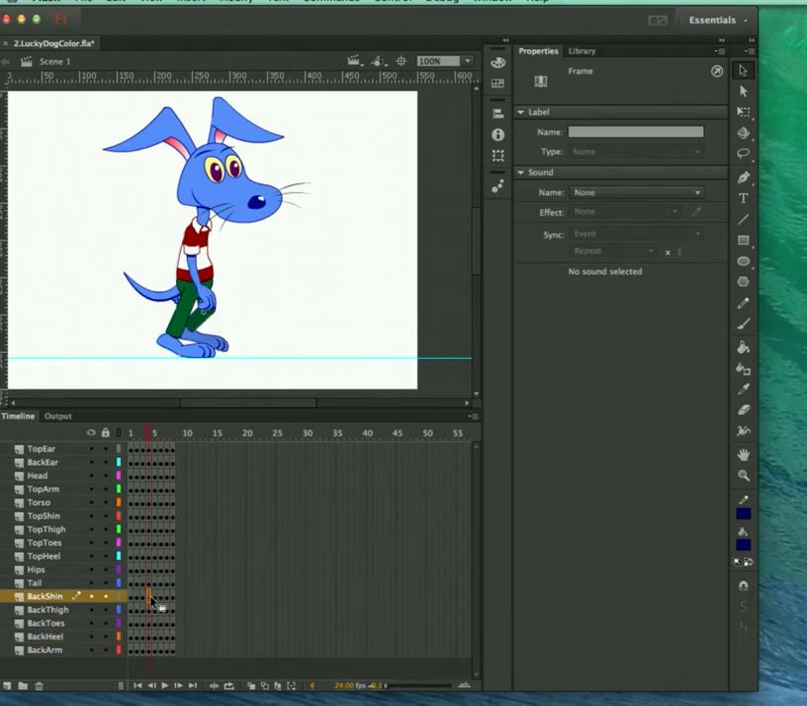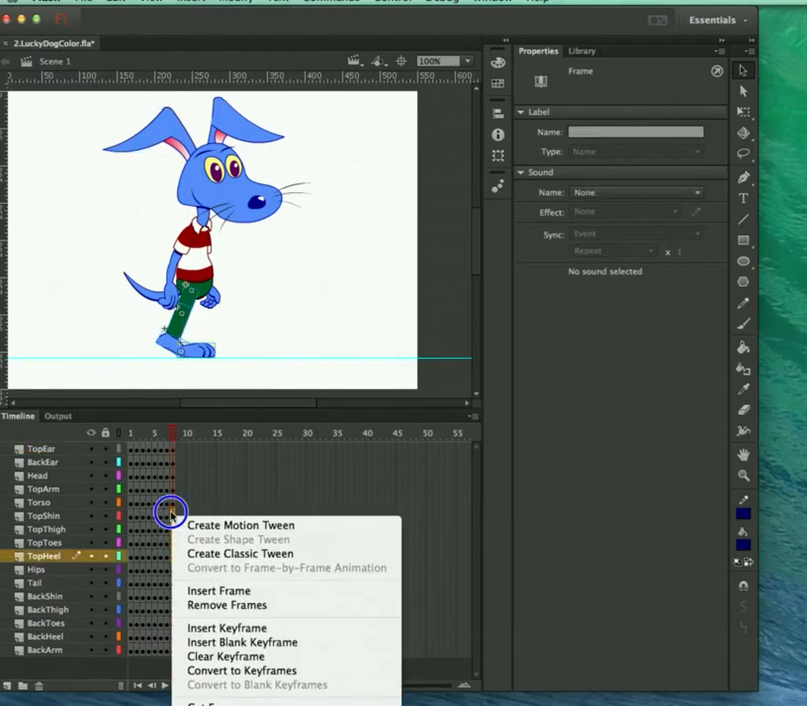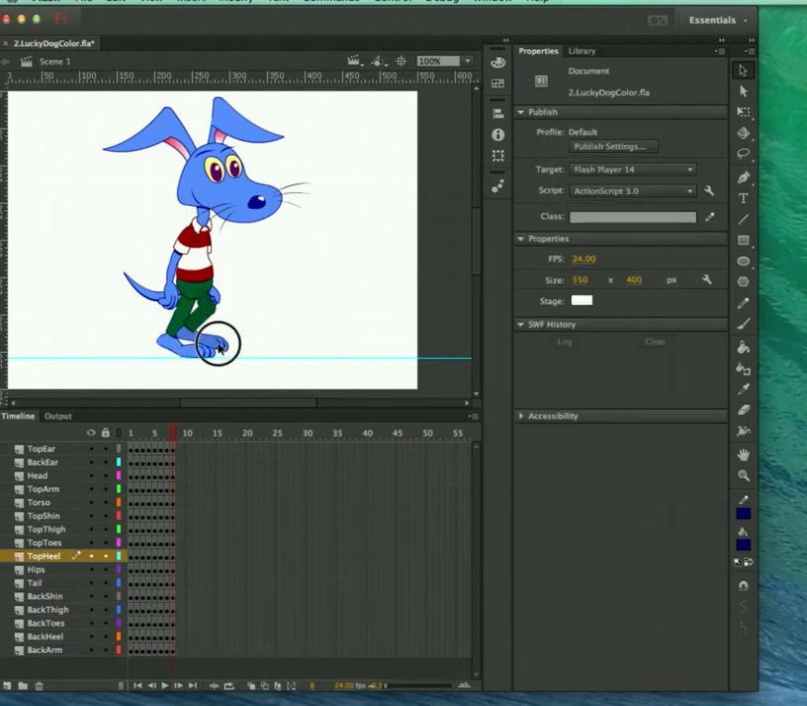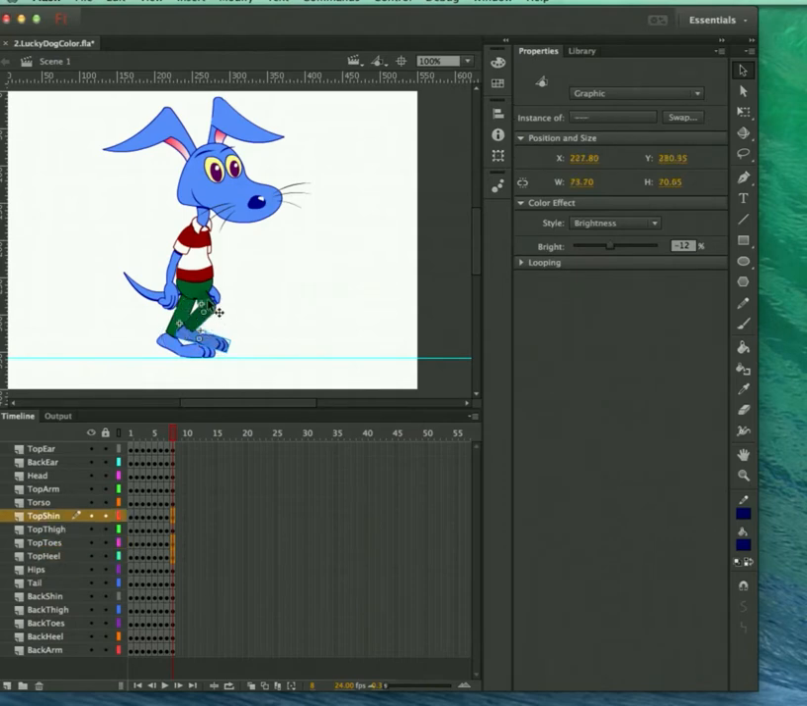This time I select the back. Back shin, back thigh, back toes, back heel. Control press, copy frames, go to frame 8, top shin, thigh, toes, heel, Control press, paste frames, and now I have the inverse. Alright, I want to again select these, turn the brightness up to 0, select the back,